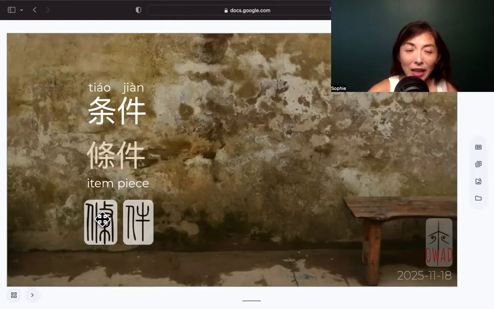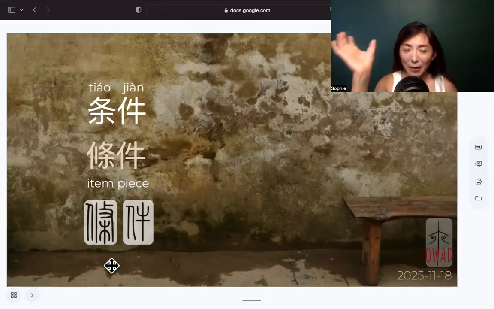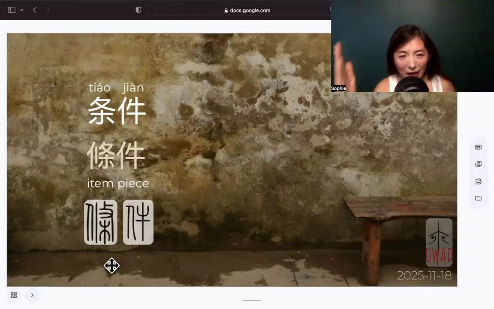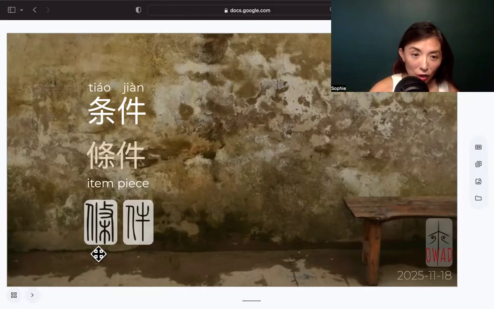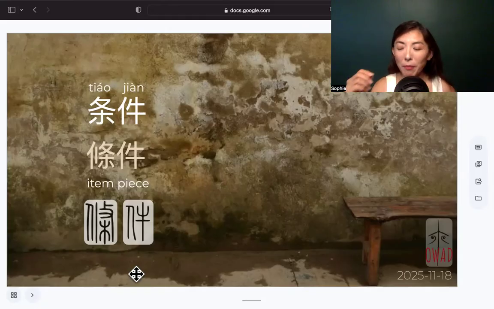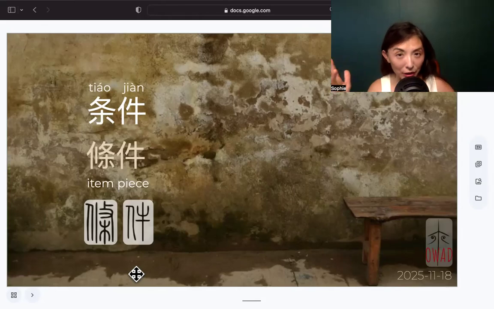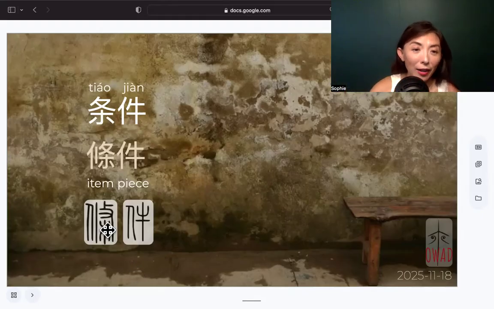Human figure you see on the left side, and just one vertical line, human, and a stick, and made of wood, right? Canopy of a tree, root of the tree connected by the trunk. This shape is a tree. Usually if it's made into a component of some other character, it means the material, not the tree itself, not a live tree. It's after the tree is dead, we use the material, which is wood. So this is some wood stick. You can almost add the stick and the wood together.